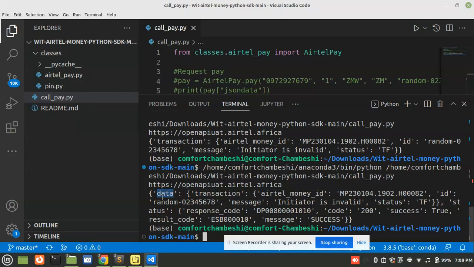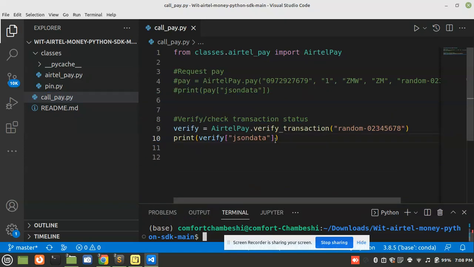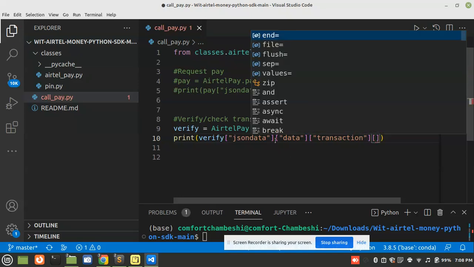Data is the parent, and then we have the sub parent, which is transaction. So you can access all of this by doing what I'll be doing over here. We need to access what is in data JSON. So data, and then transaction, and then inside the transaction we would like to access